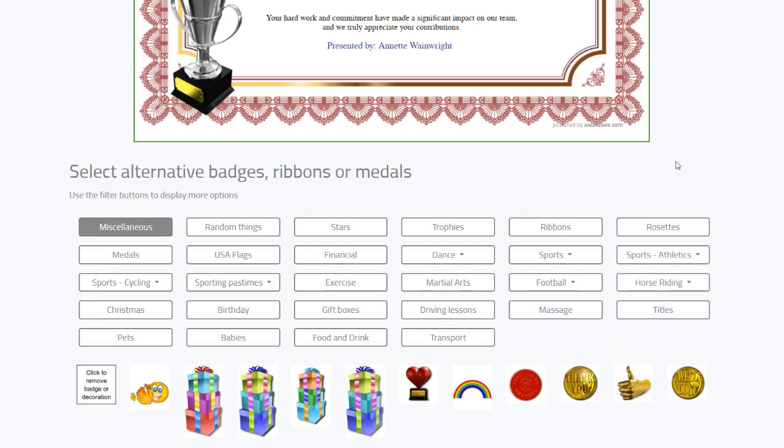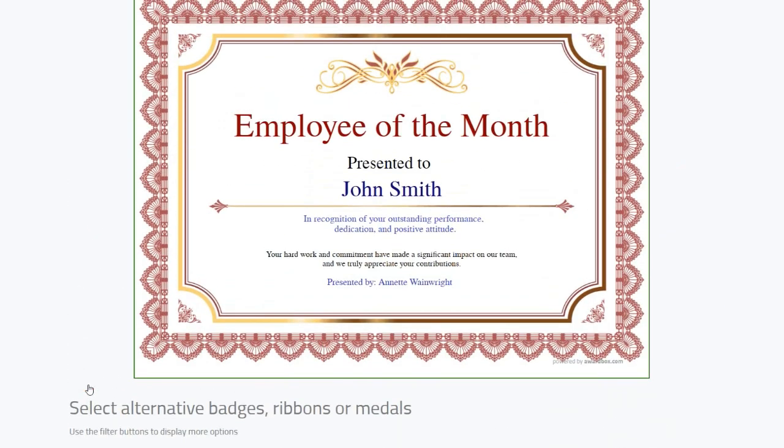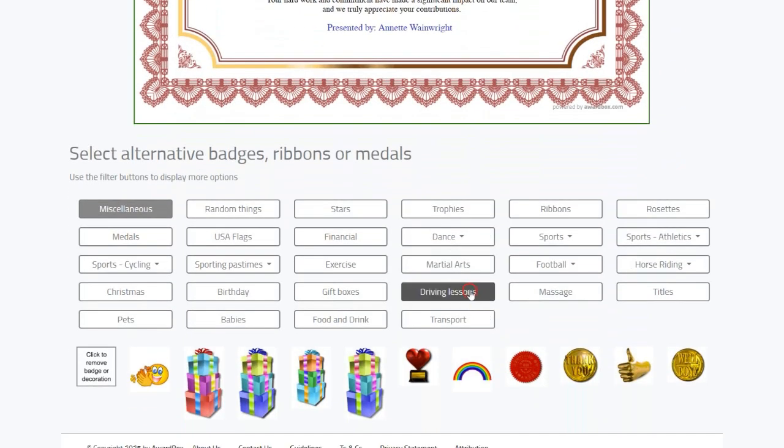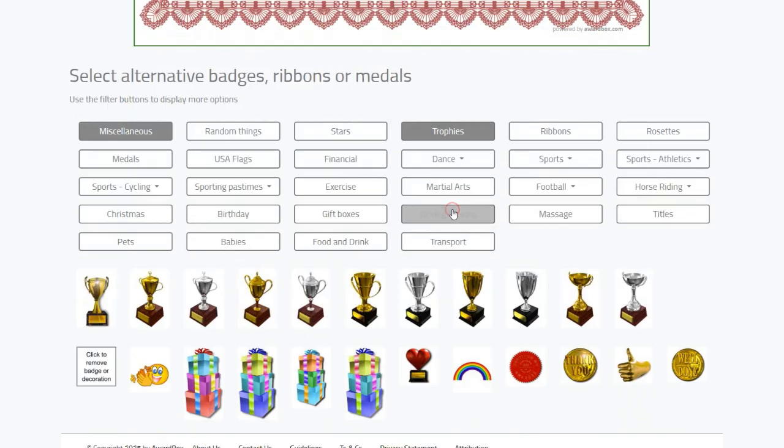To remove a decoration and leave your certificate free of any decorations, click the square labelled Click to Remove Badge or Decoration. To add or change a decoration, browse through the available images and click on the one you'd like